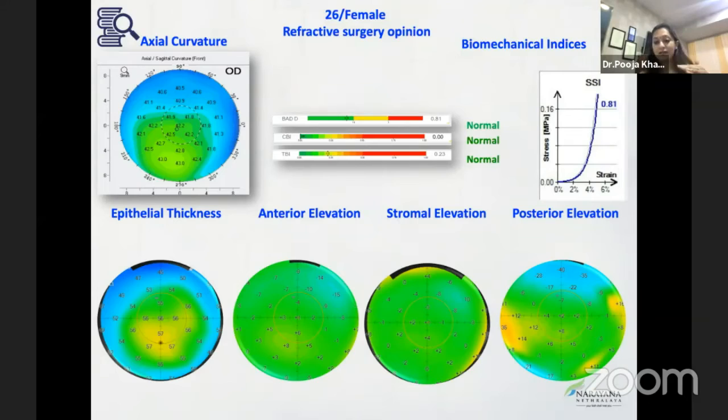And if the stromal elevation is present. If not, then do you think, Dr. Shreyas, that it would be a good option to go ahead and do a procedure if the stromal elevation is absent? No, this is a wonderful new tool that's being developed. And I think epithelium is such a great masking agent. And I will be showing a few examples as well in the next series of cases. And being able to image at the stromal level is giving us a lot of information and is adding a lot of value to our refractive surgery decision making.